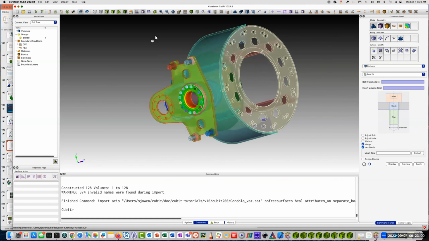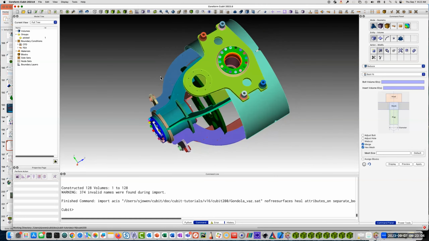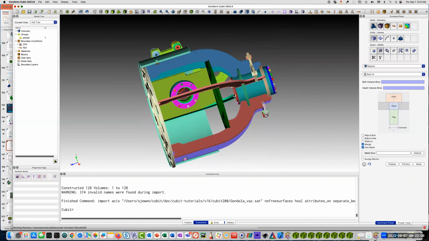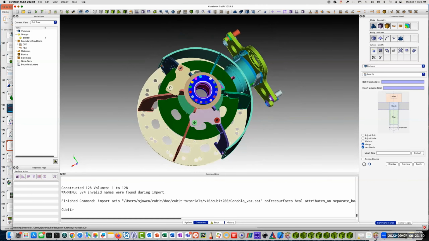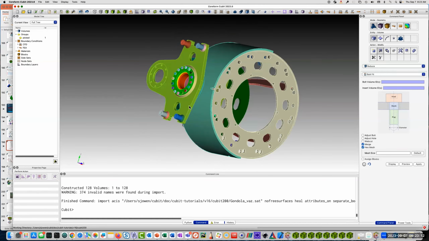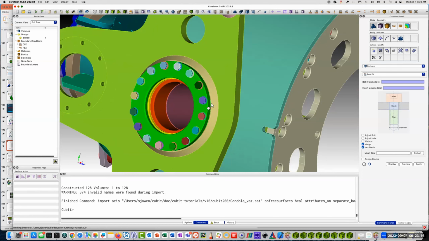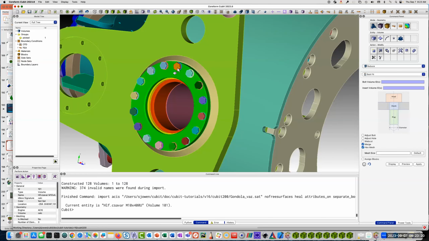Okay, so this one is a little more complicated. I'm going to turn off my transparency here. So this one has a bunch of bolts we can see pretty quickly. Just to let you know, there's nothing to say you can't use some of the existing tools in